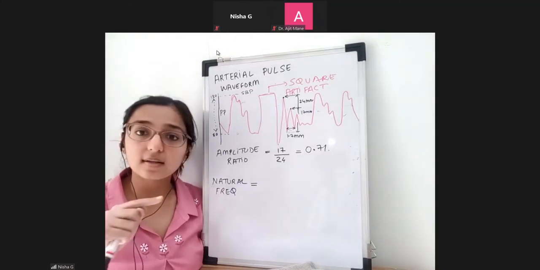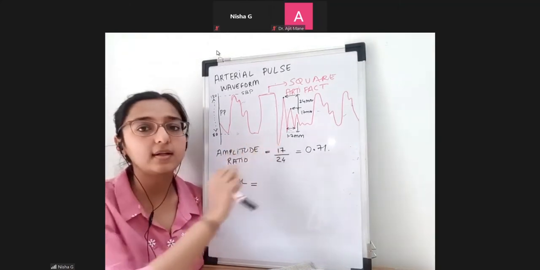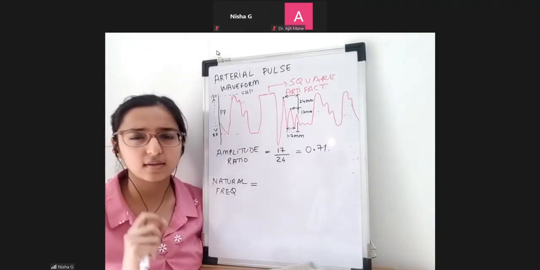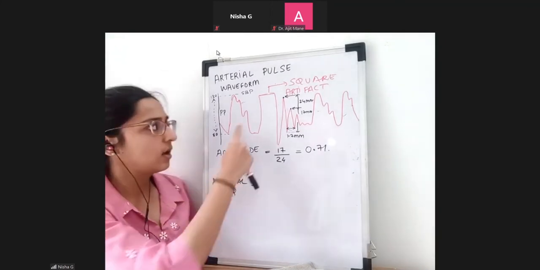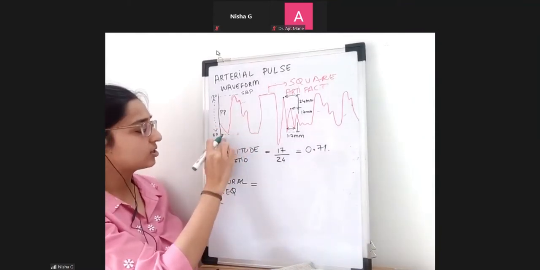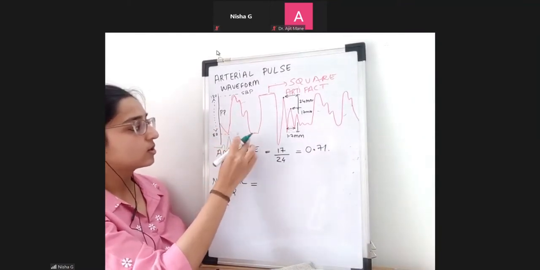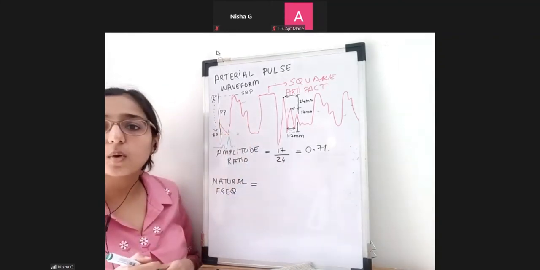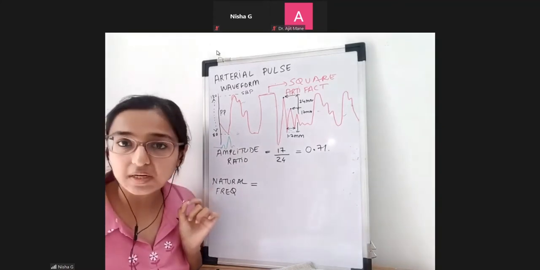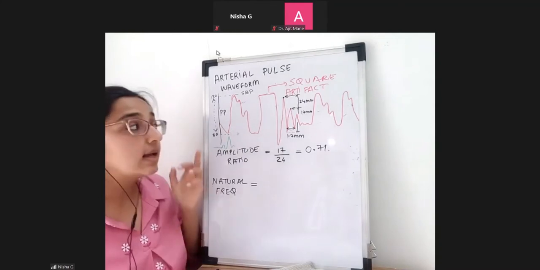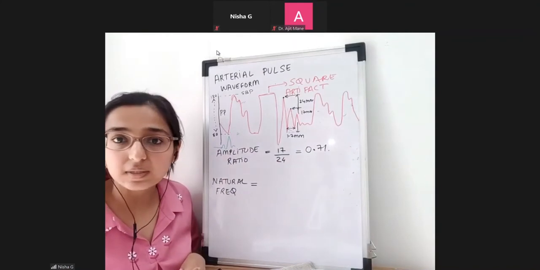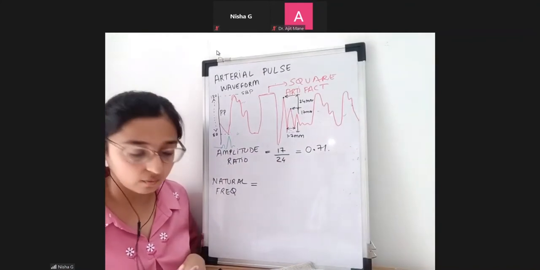That ECG is almost going in parallel to this arterial trace, right? We saw previously there's hardly any delay, a very little lag. Otherwise, it's almost matching. So if you see the ECG, it will look like this. Basically, the ECG will correlate with this. That means the ECG on the monitor is going at the speed of 25 millimeter per second, and this wave, the speed at which it's going forward, is also 25 millimeter per second.